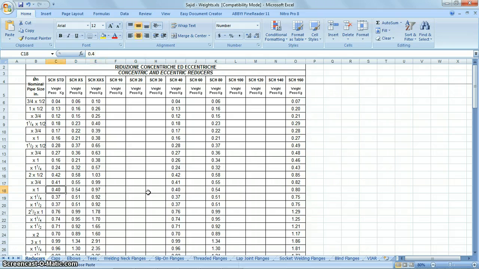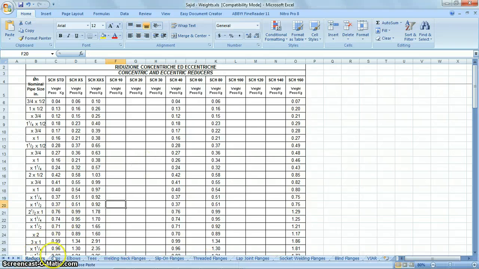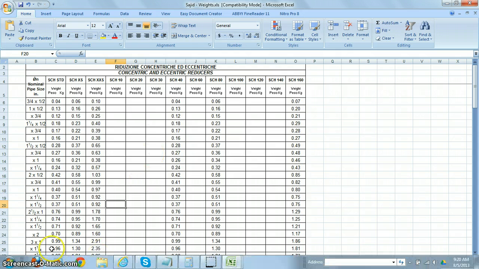Okay, so you look at the... fine. If you look at over here, there are sheets, and each indicates one particular item. Like this is for reducers, and over here you'll see concentric and eccentric reducers. So basically, there are two types of reducers: concentric and eccentric. And if at all you're very new to piping, if you want to know how they look,